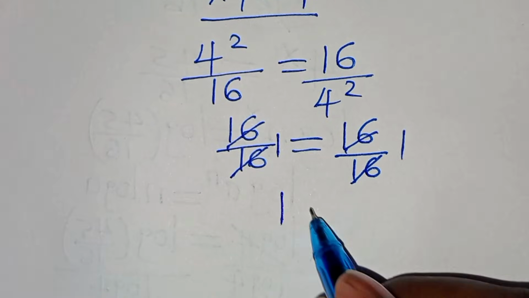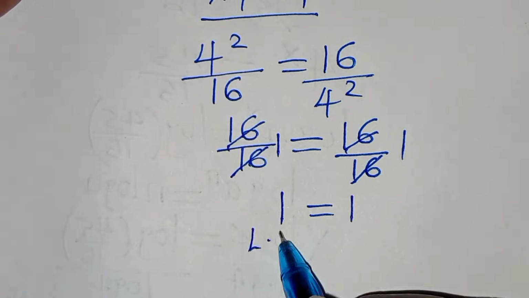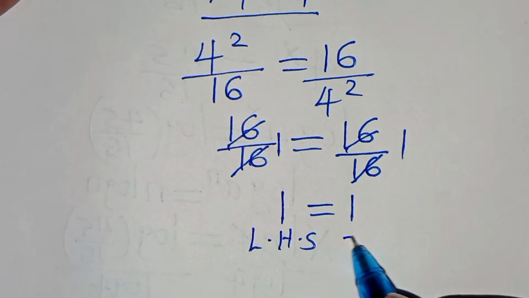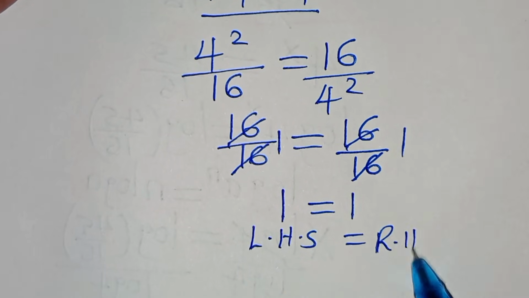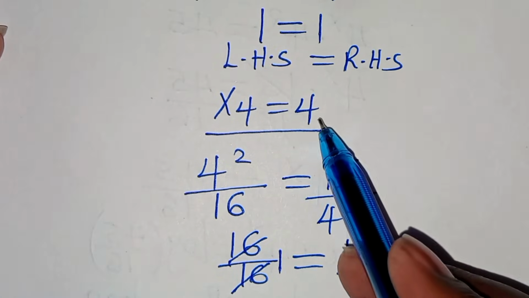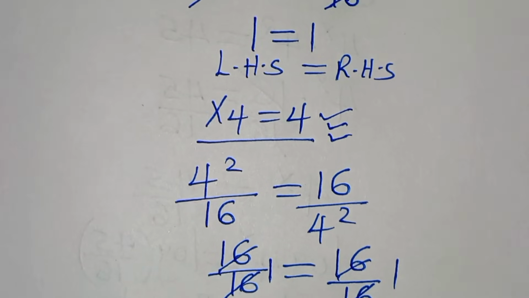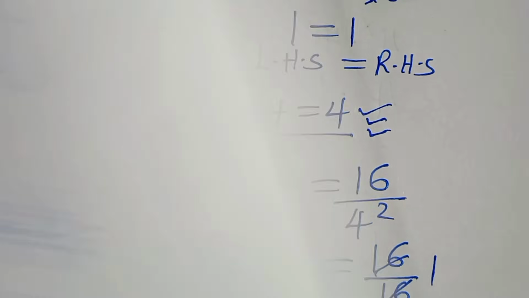So we have 1 is equal to 1. So this implies that the left hand side is equal to the right hand side. And this proves that x4, which is equal to 4, also satisfies the equation. And this implies that the four solutions here